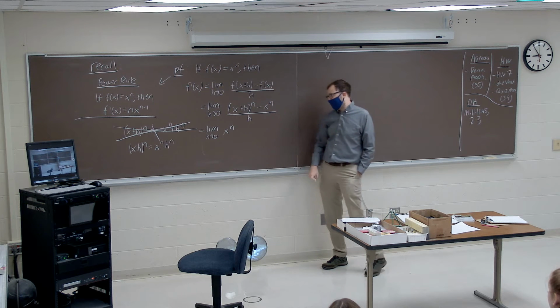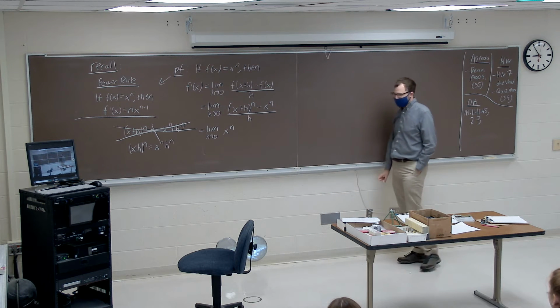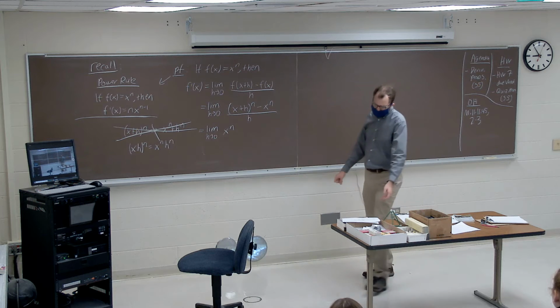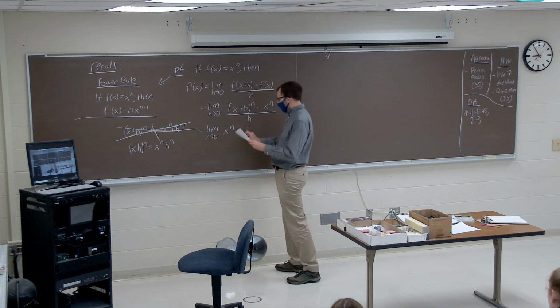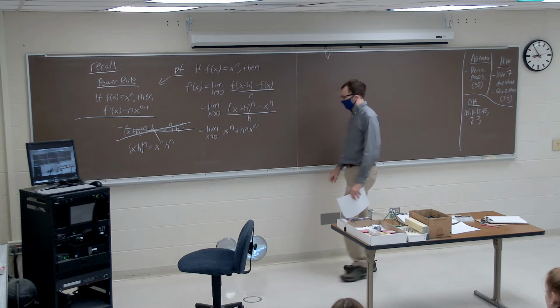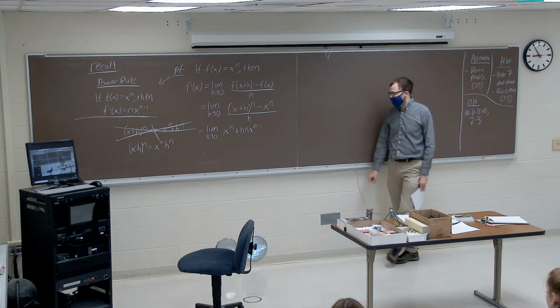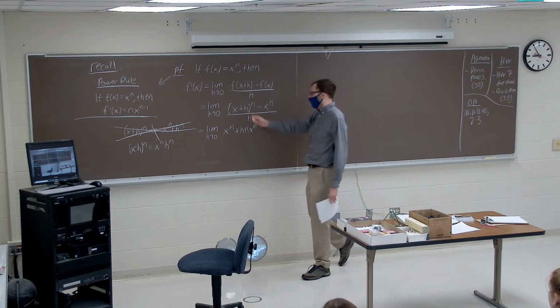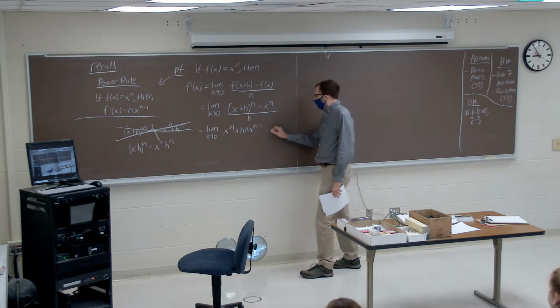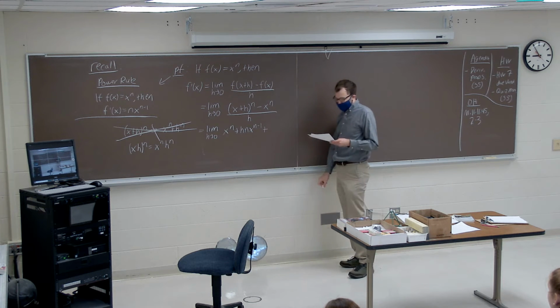The first piece of the sum is always going to show up. We're also going to have a term that, if we multiply this out, is going to have an h n x to the n minus 1. That's going to be our x to the n minus 1 term that'll pop out if you multiply this all out. And then we're going to have